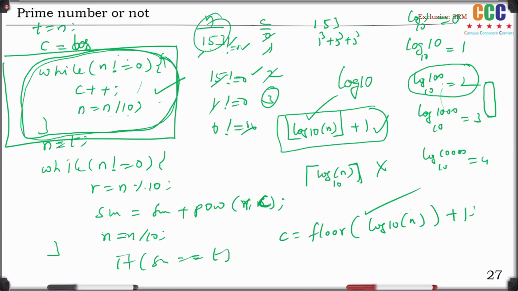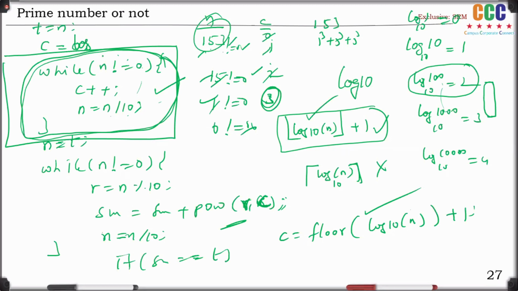By using this technique, I think I already mentioned, this loop will run 3 times if your number has 3 digits. If your number is 3-digit, then this C value gets incremented 3 times. Therefore, C goes from 1 to 3, the number of digits. Therefore, apply sum is equal to sum plus power of remainder comma 3, cube. Okay, this is the way we find this Armstrong number.